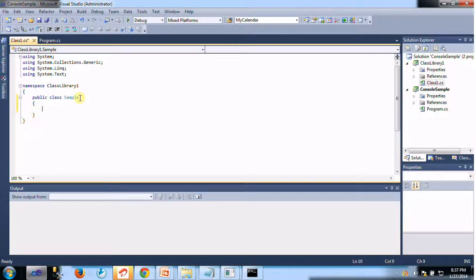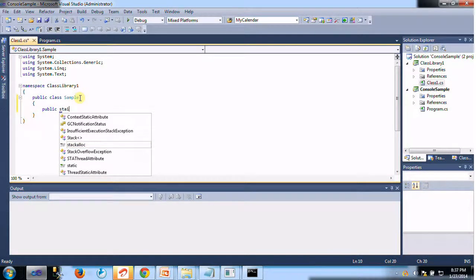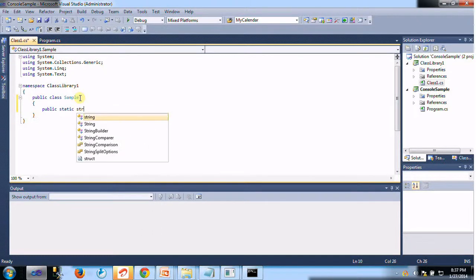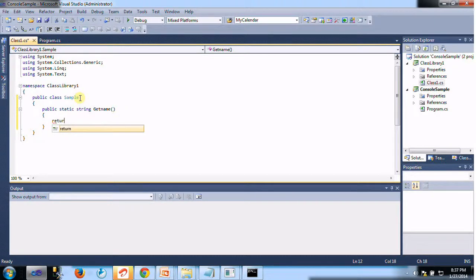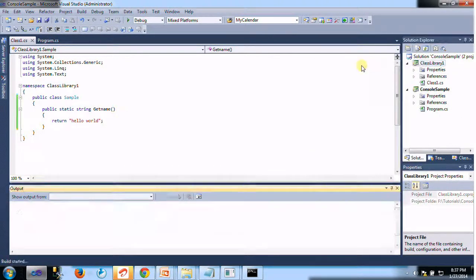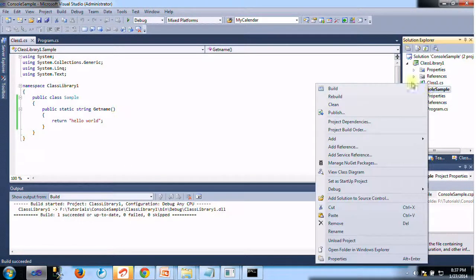Here I have a public static method, the return type is string, and my function name is GetName. It returns a string, "hello world". Then I build this solution and also build my console application.